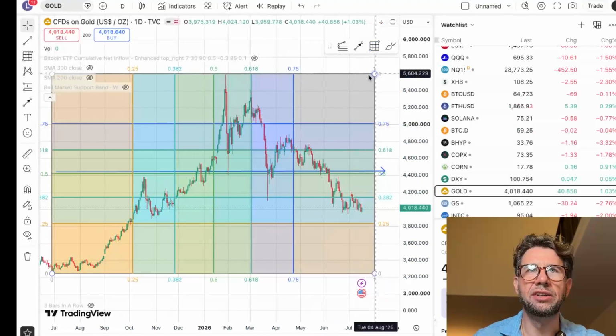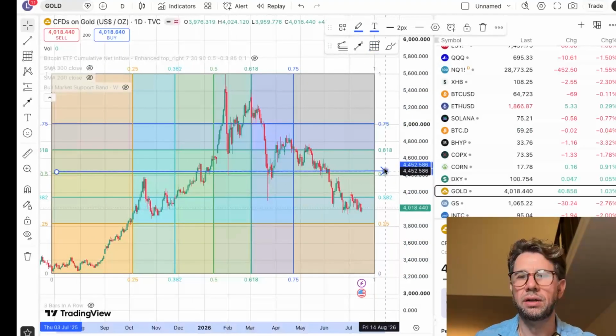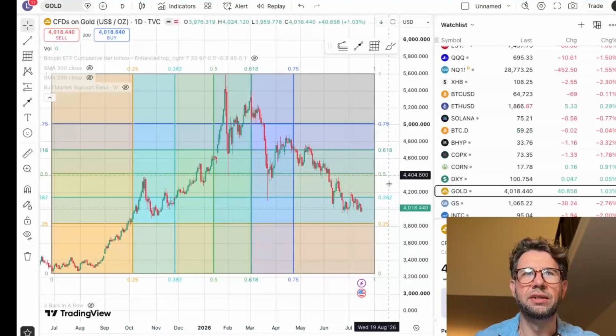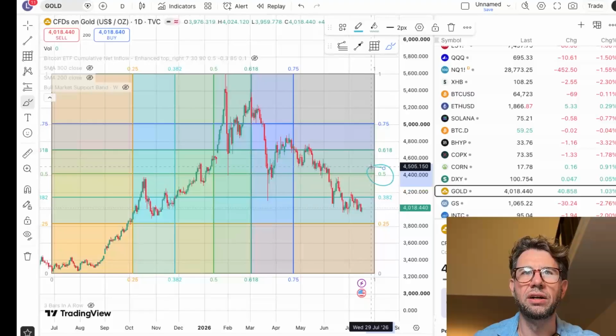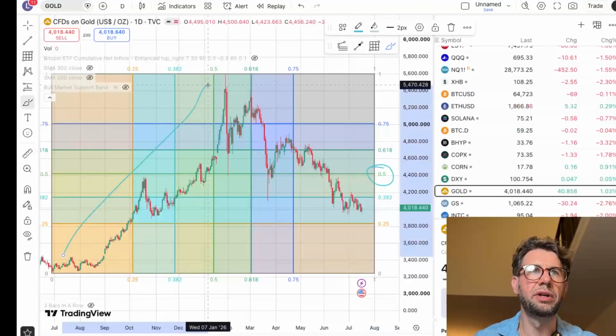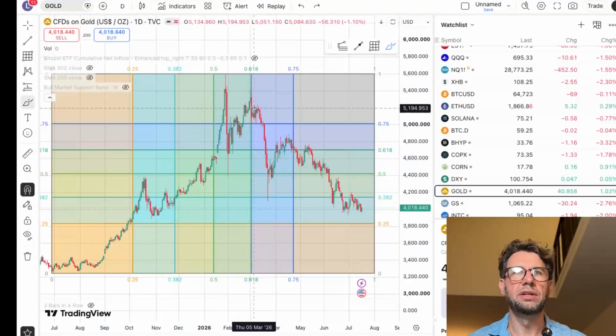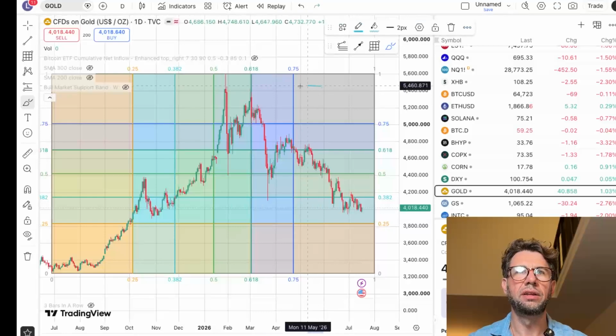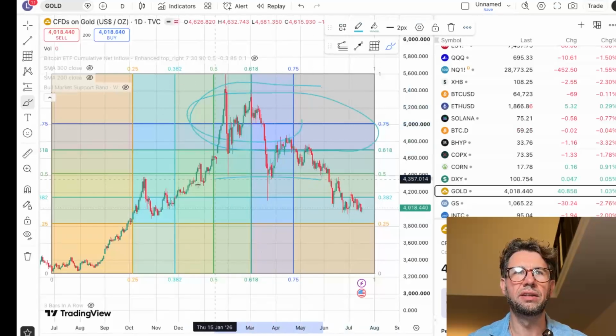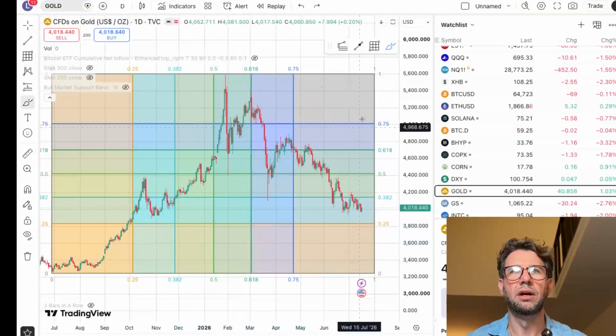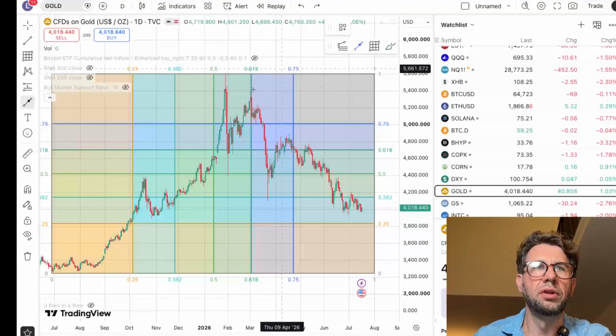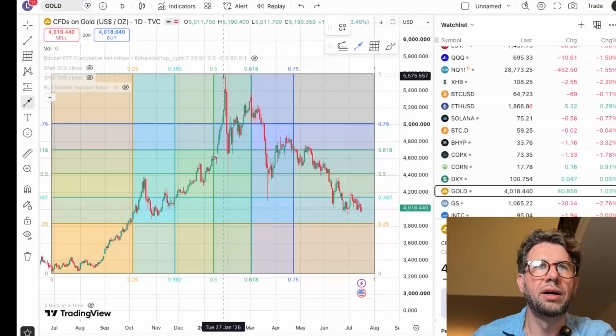So what it's doing is breaking up the price moves into these different sections. And then again, 50% here, 50% from here to here. Easy, right? Anything up here, strength. Anything down here, weakness. All right. So if you look, it had this big run up